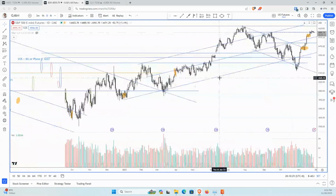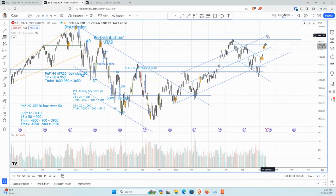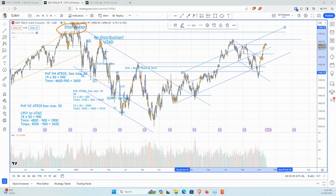Let me see this. If we look at this daily chart right here, I squeeze it this way and let me extend this. This is an up channel. We have this all-time high back in November 2021. That should be the all-time high level. If we get a final push, first we probably see a pullback, a push up to test this swing high level, consolidation, and it should go into an acceleration mode to test the all-time high level, which should coincide